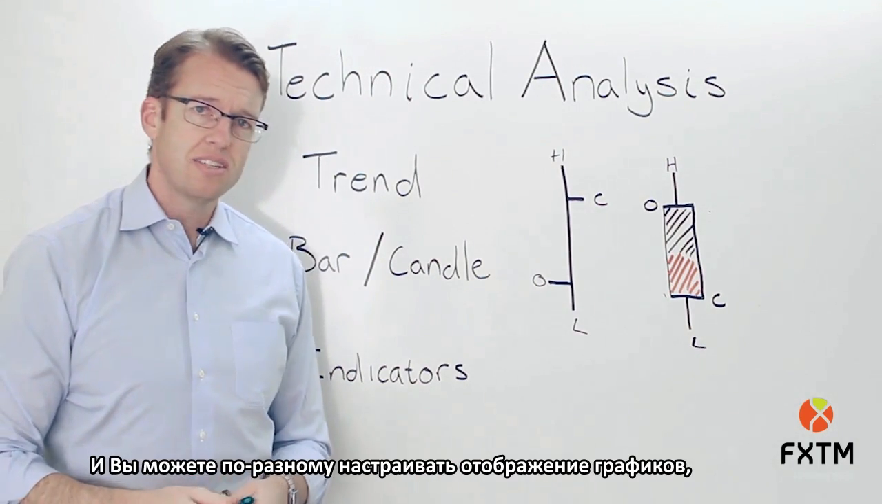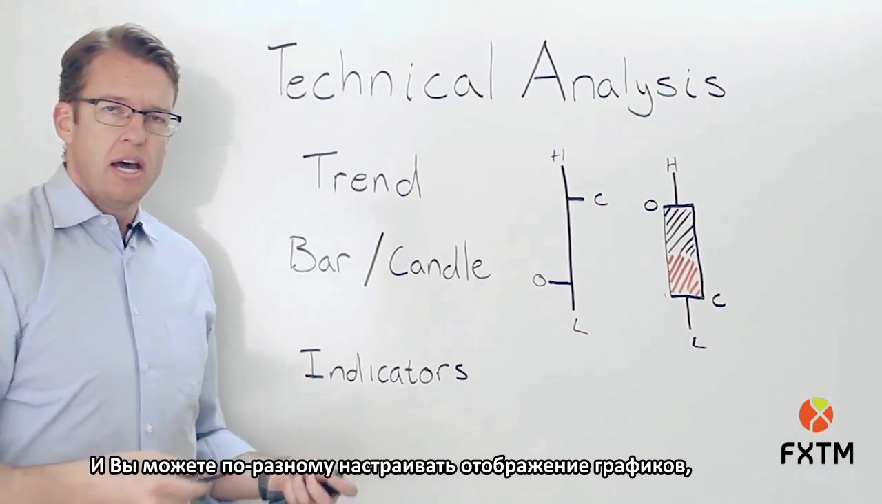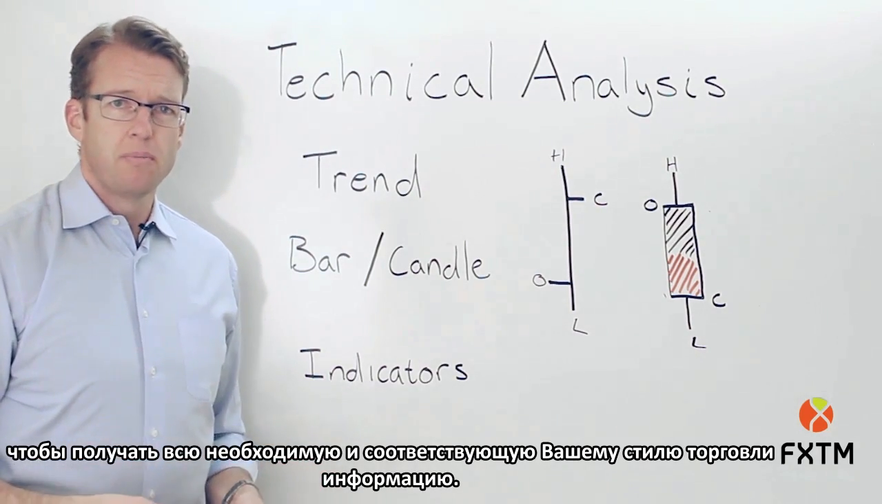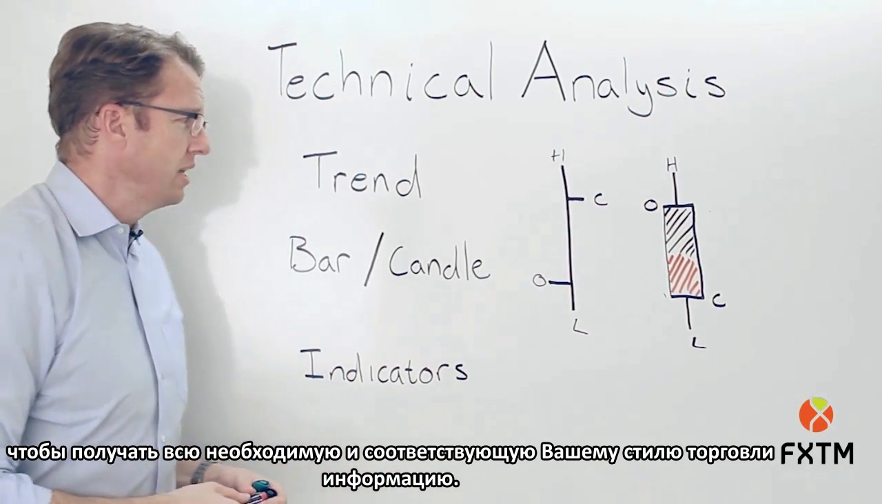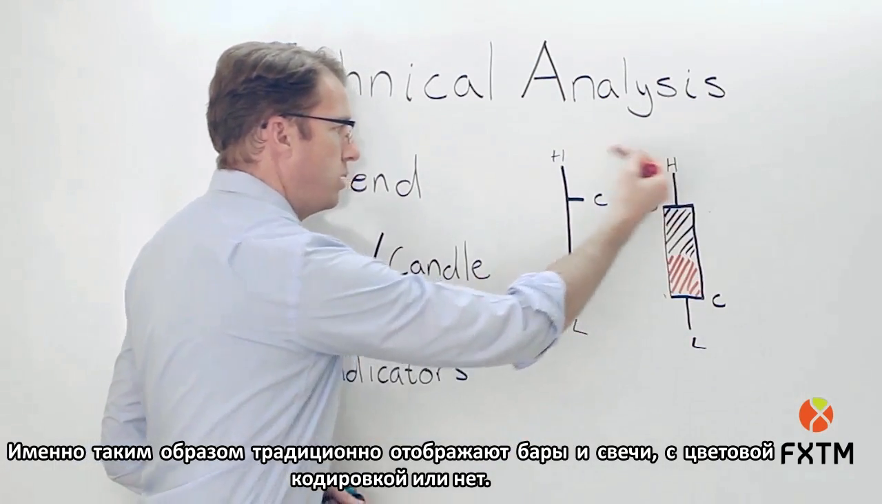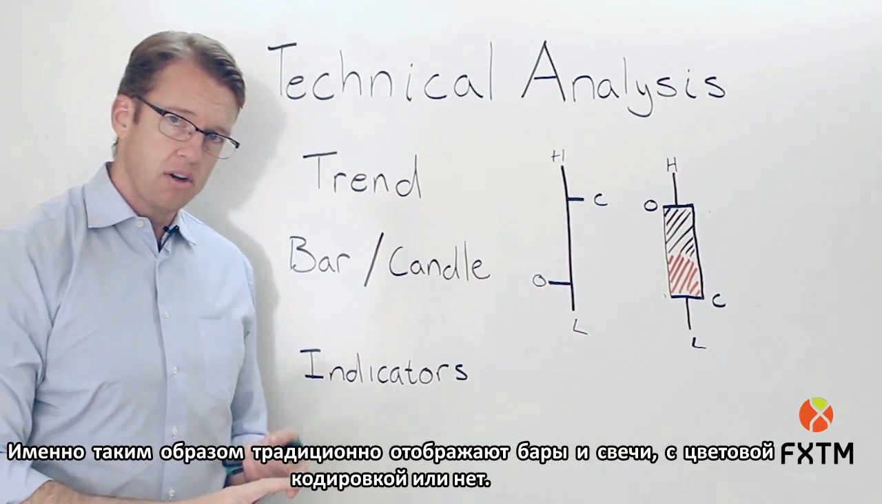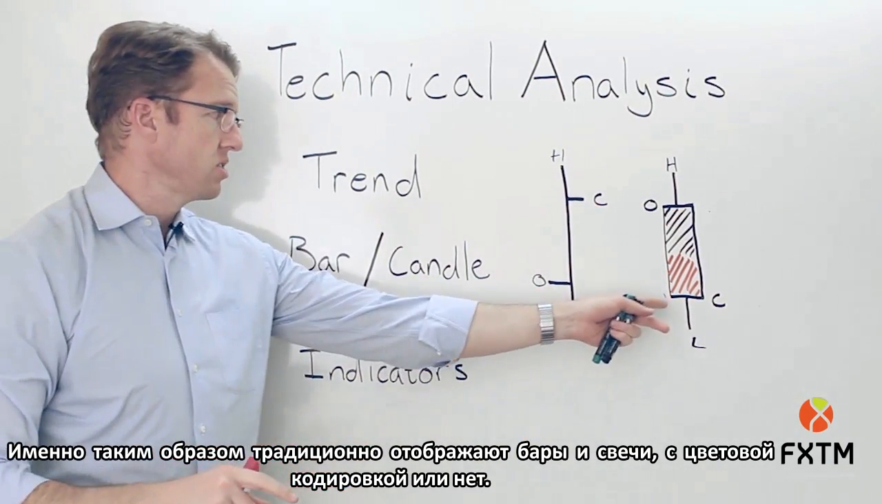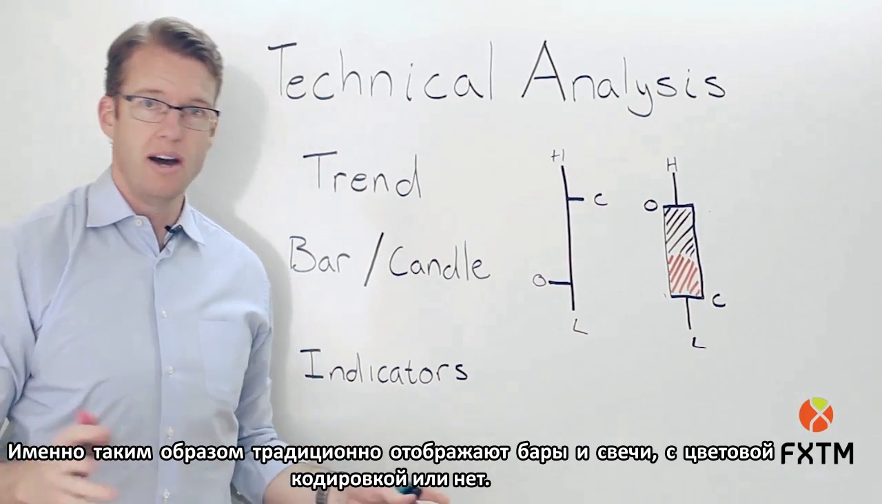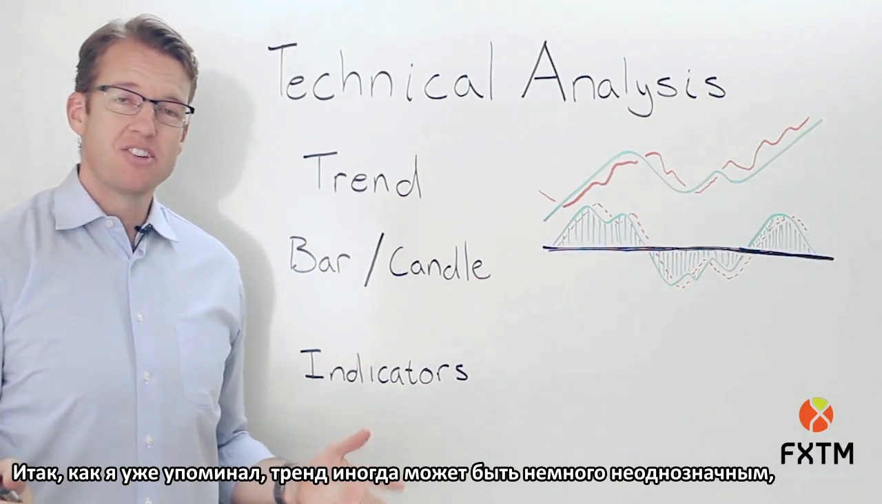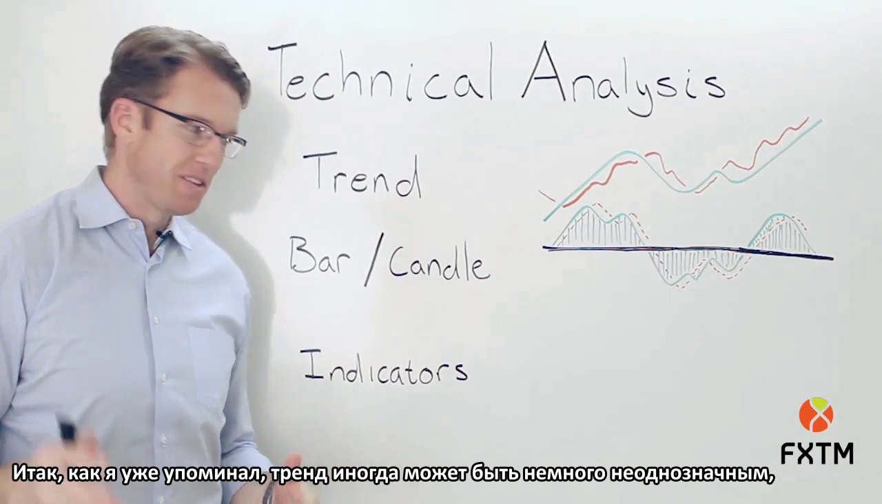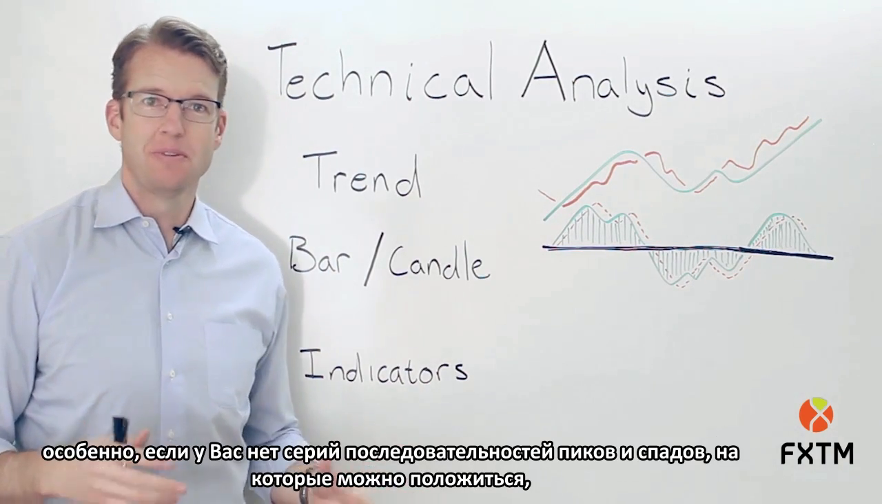And you can make a lot of decisions as to how your chart is plotted so that you get the most information that really accommodates the way that you're trading. But this is traditionally how we would chart either a bar chart or a candlestick chart, whether we color code them or not. Now, as I mentioned, the trend can sometimes be a little confusing,